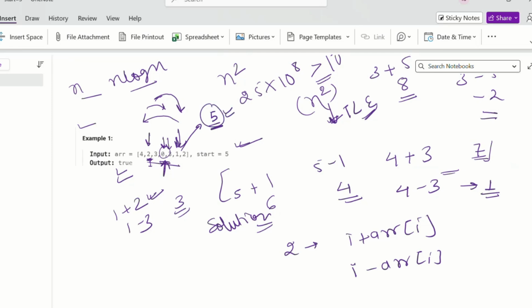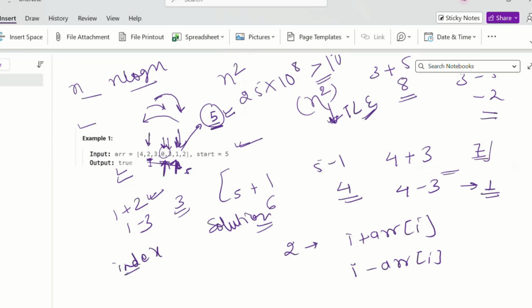So it will repeat our solution, and we are initially at 5 also, and we already calculated from 5 which indexes we can move. We already calculated this before, but after moving to some other indexes, we again are at this position. So it will repeat our solution. So that we will not repeat the index.